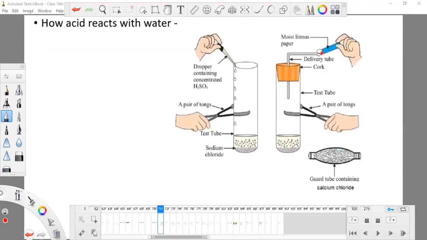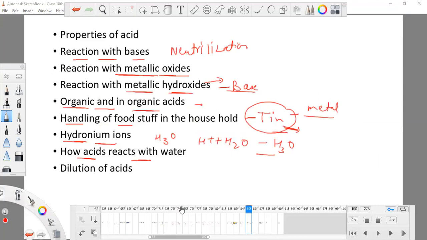Yeah, this one. Okay, do you remember this? Acids can release their hydrogen only when they react with water. Other than this, they cannot release their H plus ion. We studied this. And right now we studied